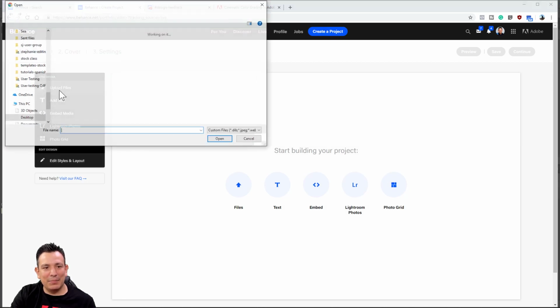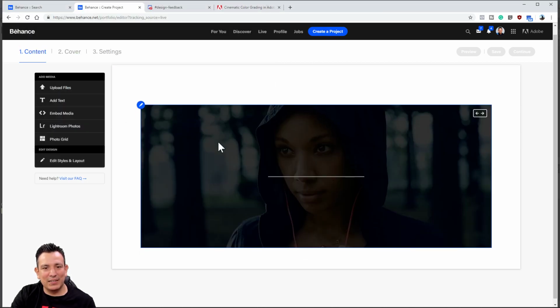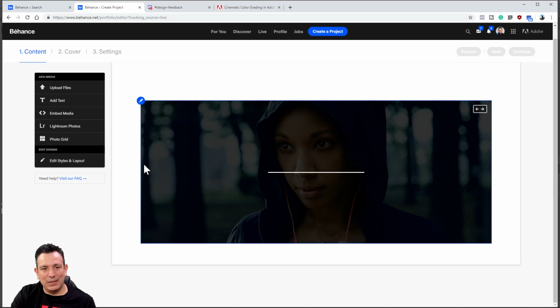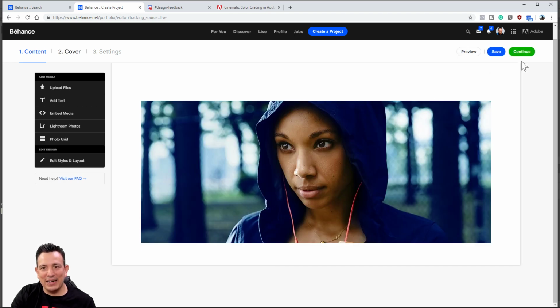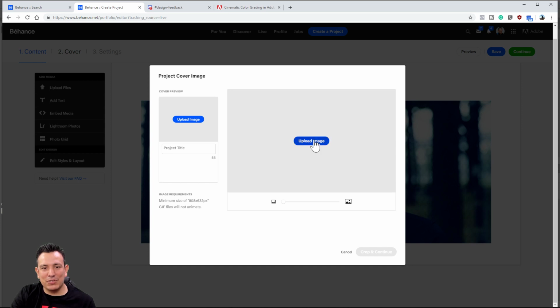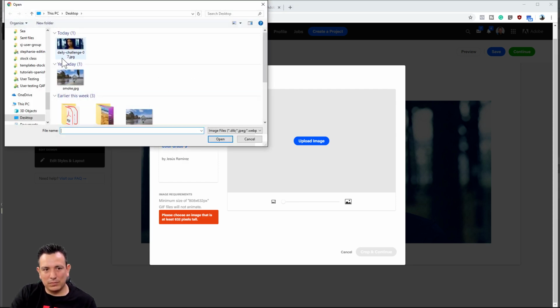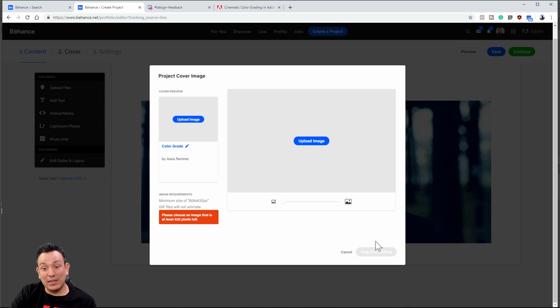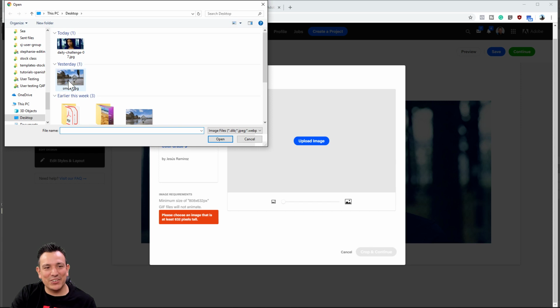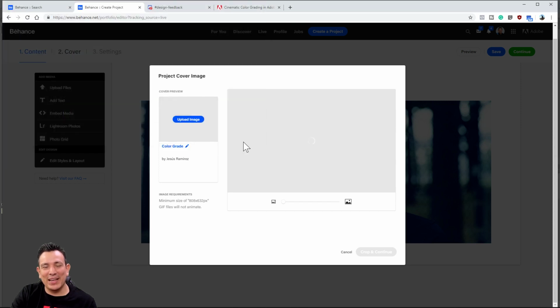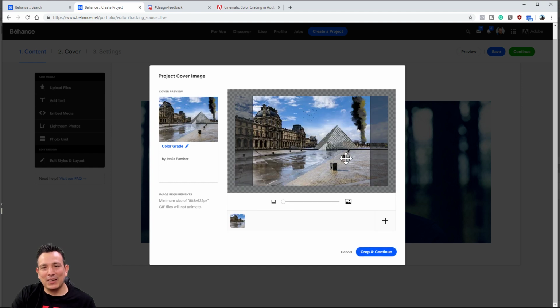And let me just find this file. There it is. And the important thing that you have to do on behance.net is make sure that you use the, let me give it a title. Oh, I'm not using the right aspect ratio. Let me just select a different image. I think the one from yesterday should work just so I can show you. I'm running a little bit out of time, so I just want to get an image in there, and all I want to do is show you where you can get the